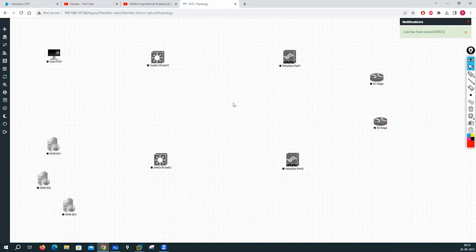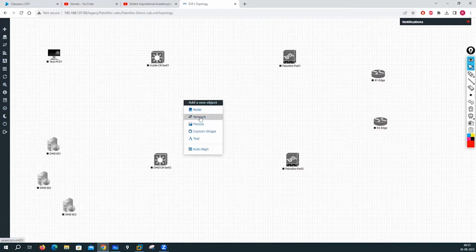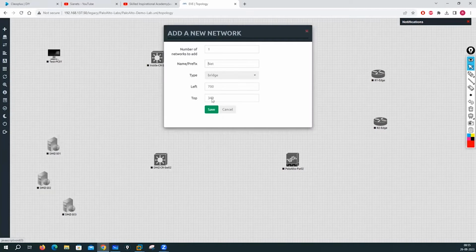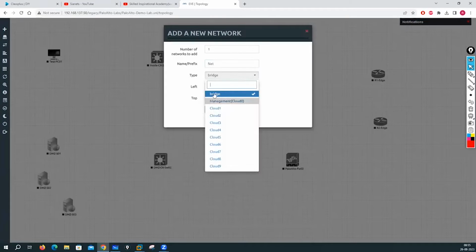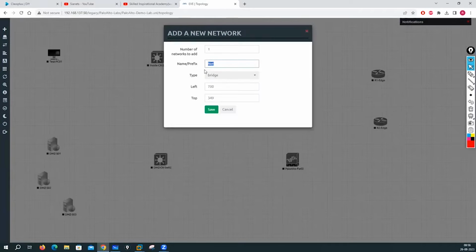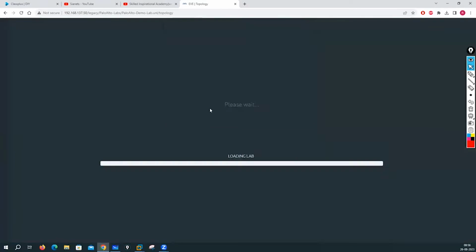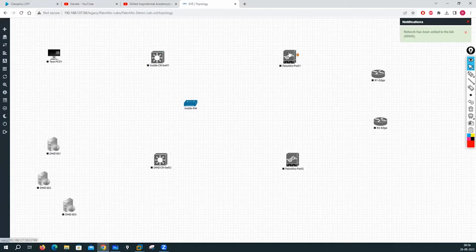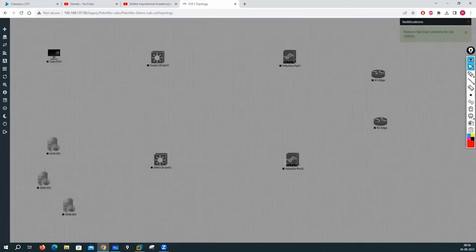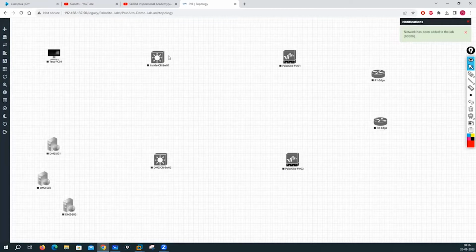Okay, now what I will do, because all these particular devices I have added all of them, right? Now I'll add a couple of networks here. Okay, you can see this network there. I will just go with bridge, and I'll give the name inside switch. Sometimes what used to happen, either we have to connect the interfaces here, or we can also do it in this way. If you don't want to put this thing, what you can do is